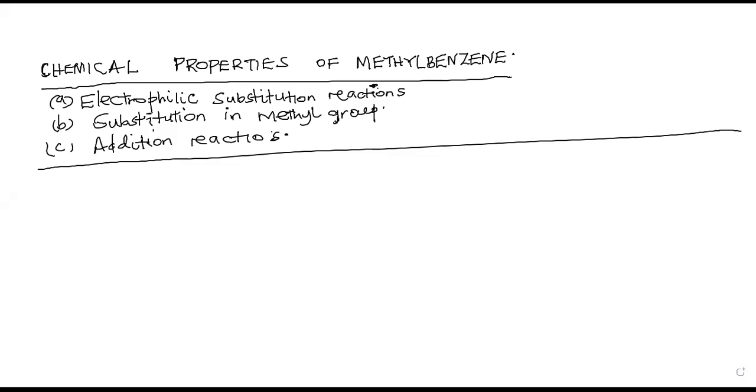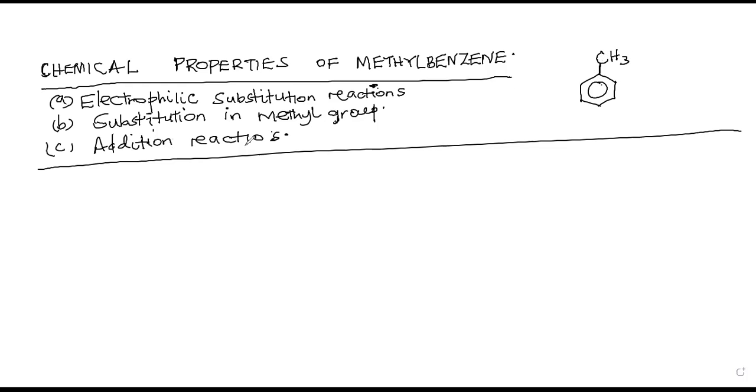And we are going to end with the chemical properties of methylbenzene, and we are going to find out that in methylbenzene we shall have a look at the reactions of the ring itself. Then after, we shall look at the reaction or the substitution in the methyl group. So there is substitution in the ring, then there is substitution in the methyl group, and then we also have